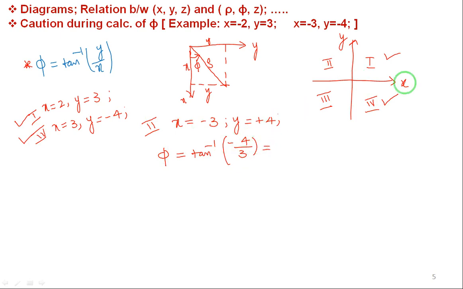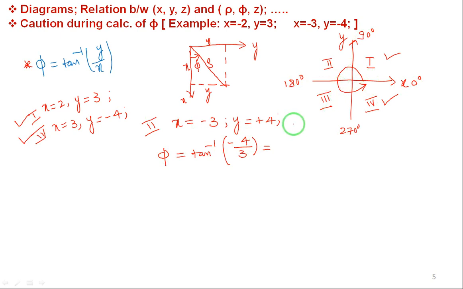Before calculating, I will show you. We always measure the angle in the anti-clockwise direction, meaning I start from the x-axis and go like this, from 0 to 360 degrees. The x-axis is 0 degrees, the y-axis is 90 degrees, the negative x-axis is 180 degrees, and the negative y-axis is 270. Once again we come to 360 degrees, which is 0 degrees. If the angle is measured anti-clockwise, it is positive. If I go clockwise, the angles are negative. This is the convention we follow.